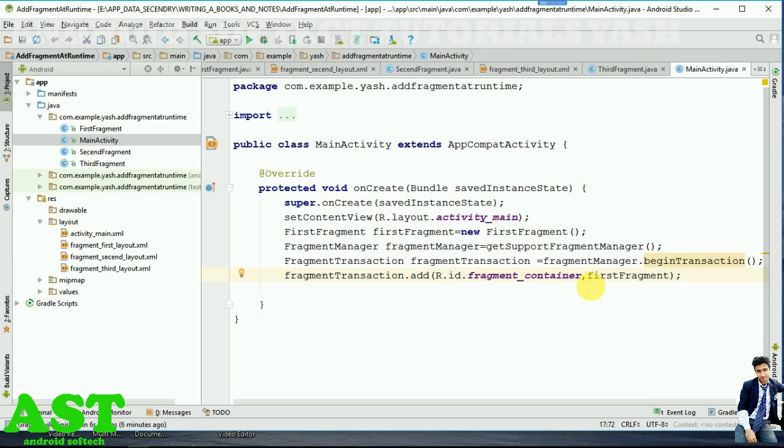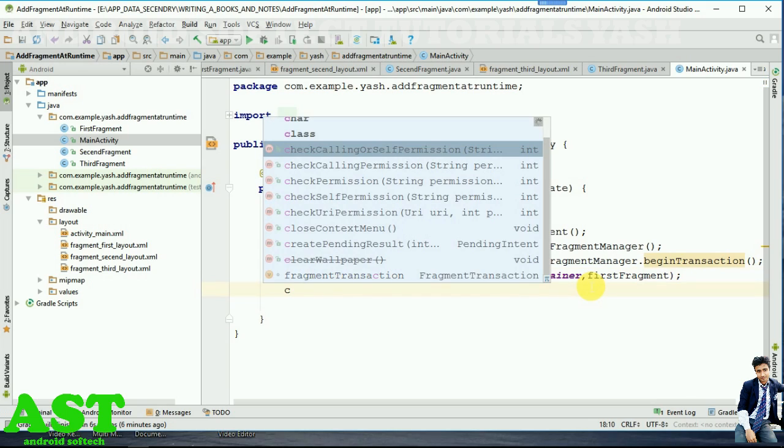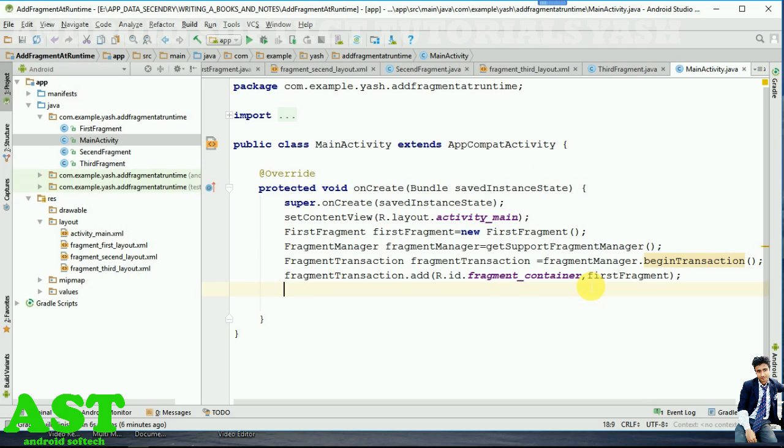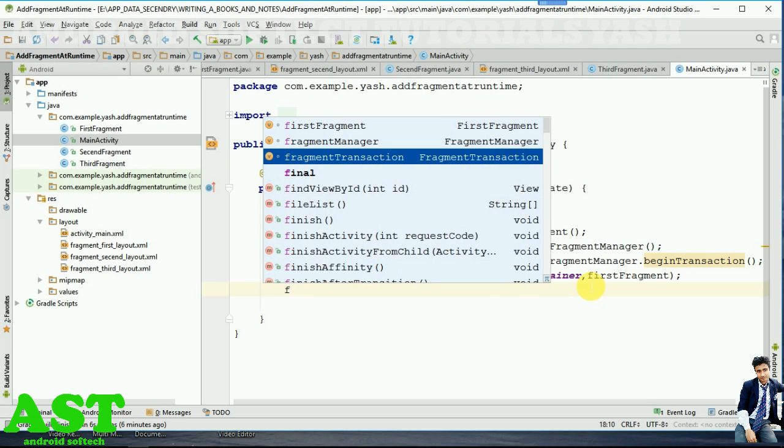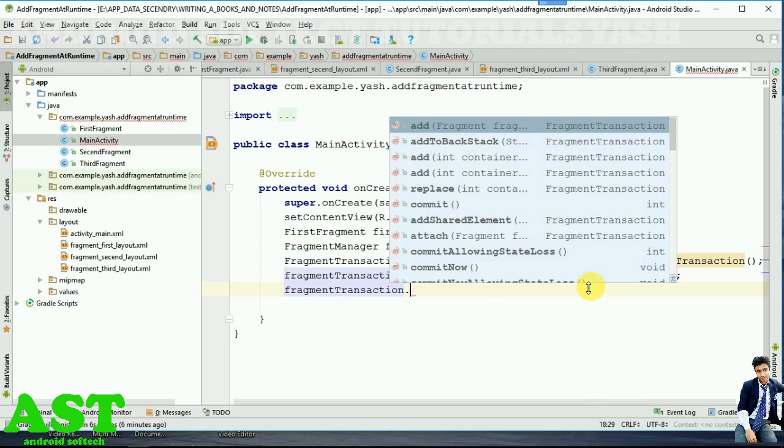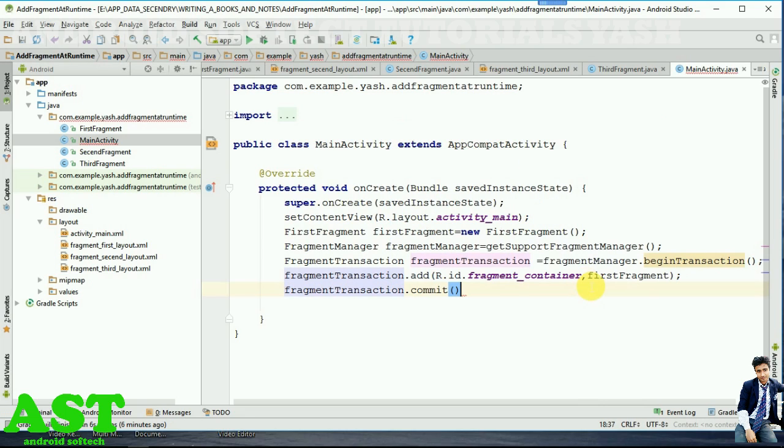Okay, guys, and after this we need to commit. So let's commit now. We have to call the commit method, otherwise it will not work. So fragment dot commit. Okay guys, now our first fragment has been added successfully, and now we want to change to our other fragments, like second